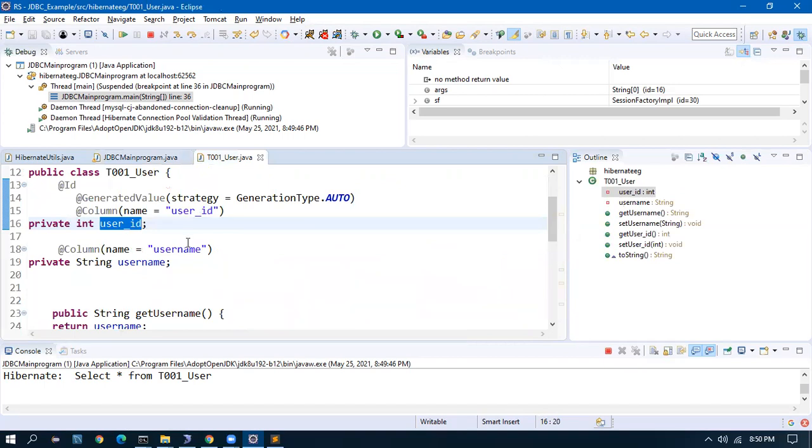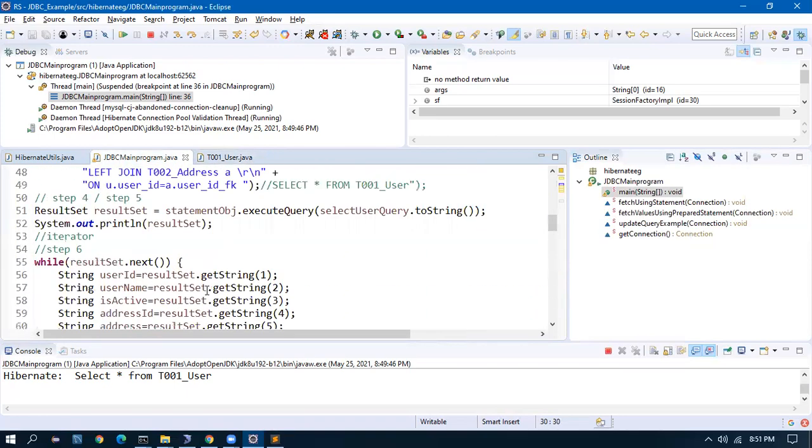You can write your traditional JDBC call, which means Hibernate is one layer above traditional JDBC. If you know Hibernate, you need not know JDBC, because nothing is missing in Hibernate that exists only in regular JDBC. That is for sure.